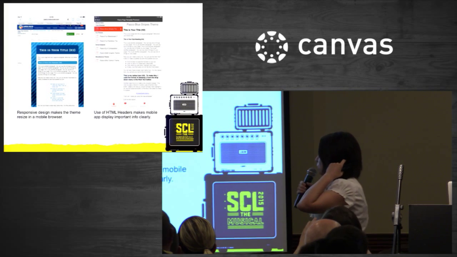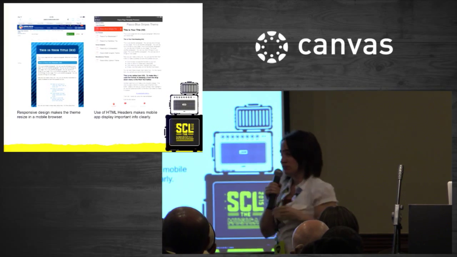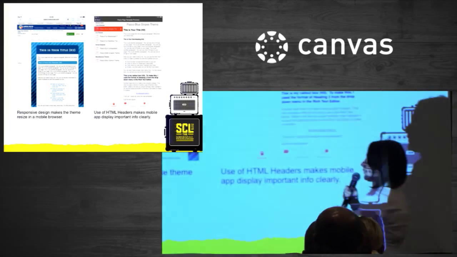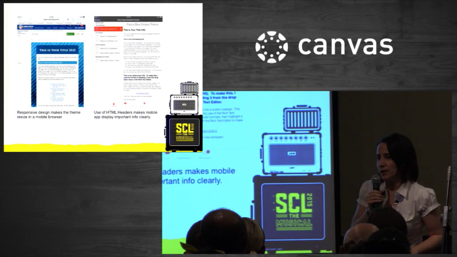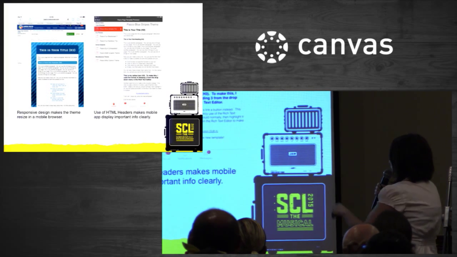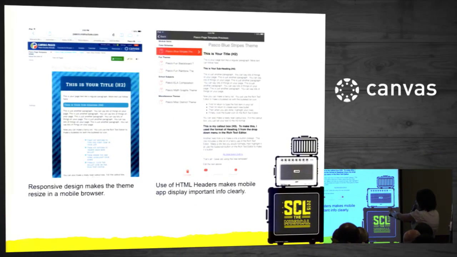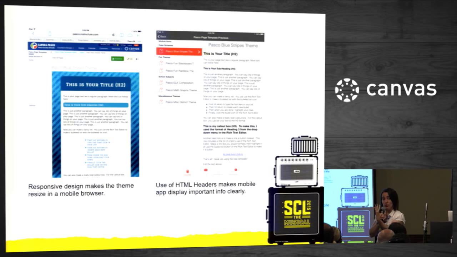So what does it look like in mobile? In a mobile browser, it looks exactly the same. We've applied our styles in a way that will react responsively, so it looks the same, but just gets a little squishier. In the app, it doesn't. The app isn't currently able to pull in styles from your custom CSS.